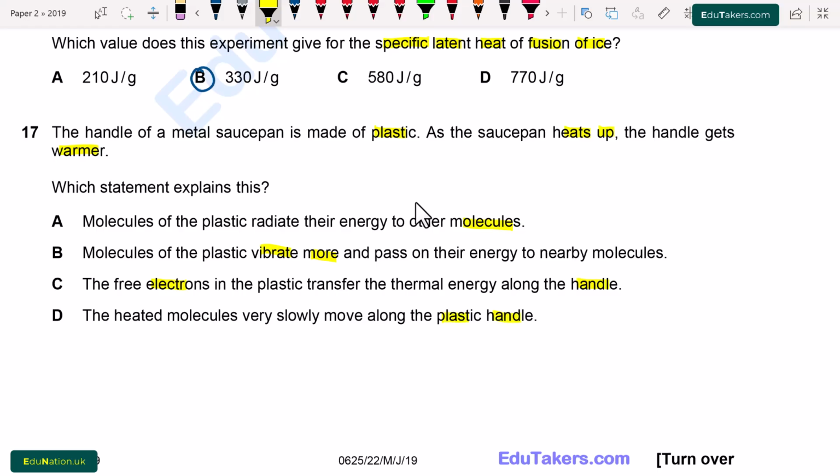So first of all, we know that plastic is an insulator. There are no free electrons inside the plastic. But when it is heated to a large extent, conduction takes place, which is due to the production of vibrations in its molecules, which enables the heat transfer. So basically there is vibration, then the energy transfer from molecule to molecule. Option B is correct.